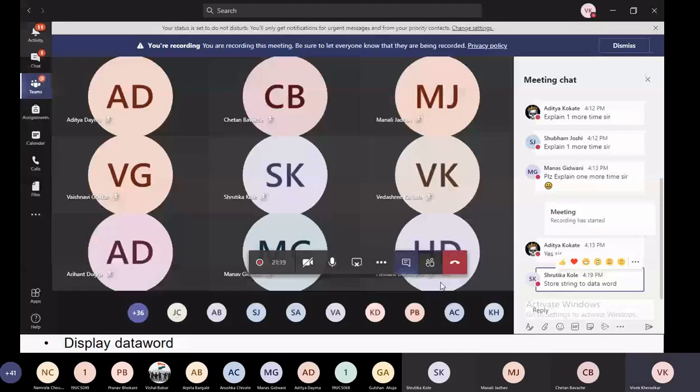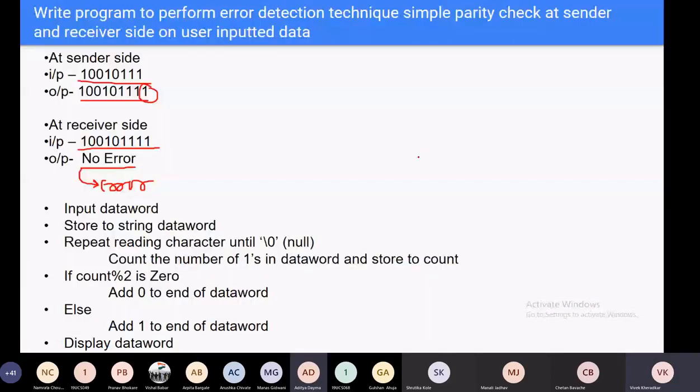Okay, Aditya, are you getting this algorithm? Yes, sir. Now tell me the program corresponding to this. How to declare the data word? Using a character string: variable name and its size.